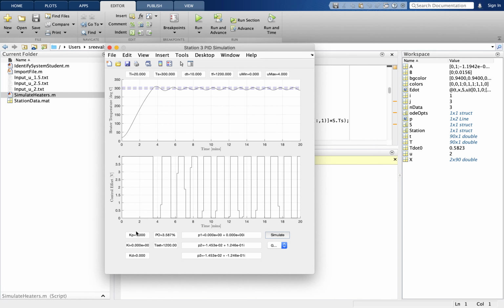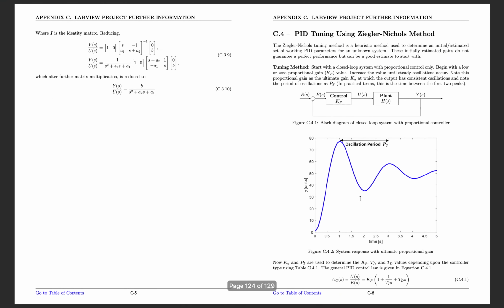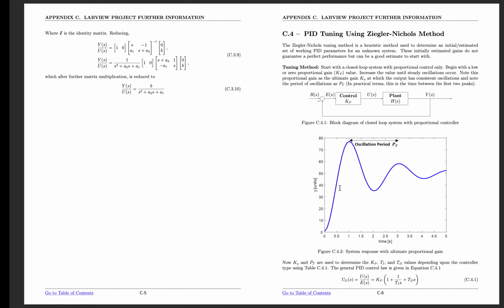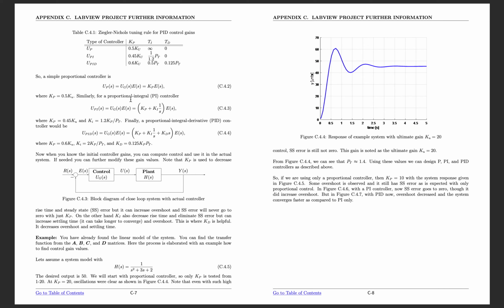So in the first part of the program, you have to use a smaller Kp value and keep on increasing it. Whenever the system has one oscillation, find the time between that oscillation, and that is your Pu. Whatever Kp caused that is known as Ku.